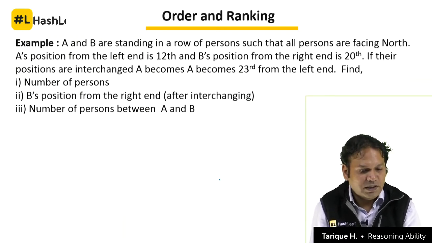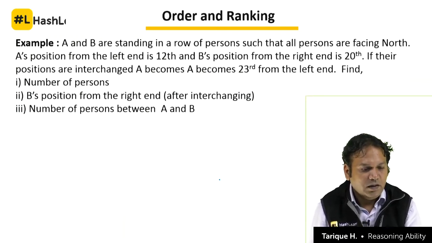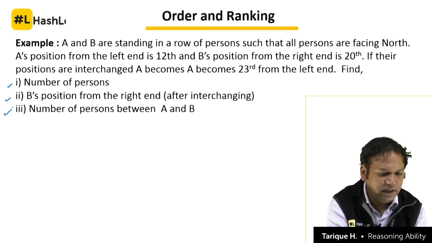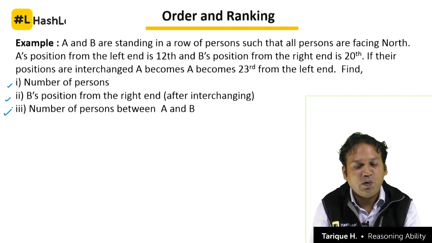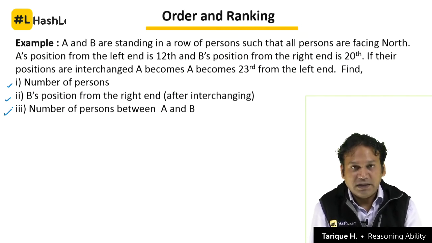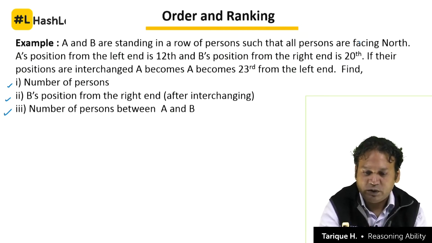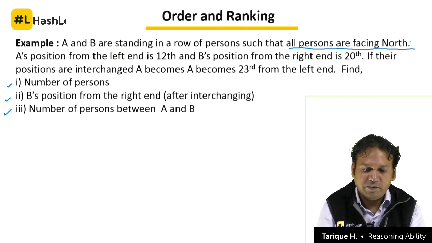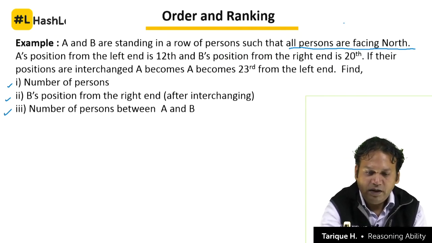Next we will look at this question. So three sub questions are there. First of all, let us read the main question here. A and B are standing in a row of persons such that all persons are facing north. All persons are facing north. So this is the first thing to understand here. What is the meaning of a person is facing north? If a person is facing north,